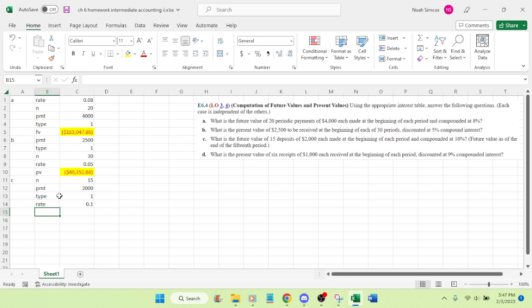Why do they have to have that thing in parentheses? Wouldn't it be the same either way? That automatically, if there's 15 deposits,